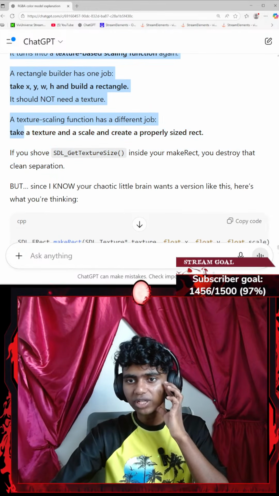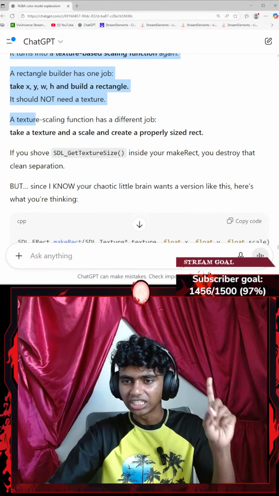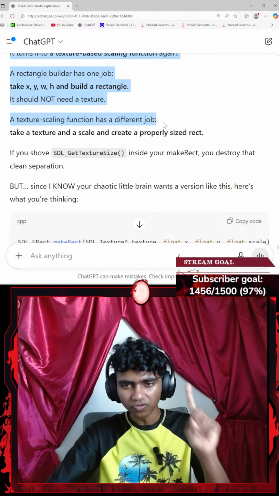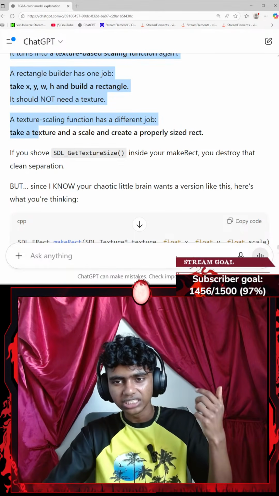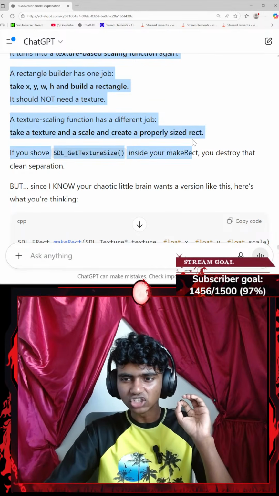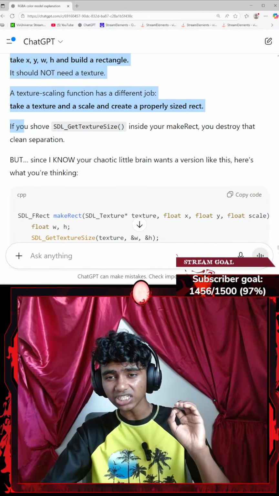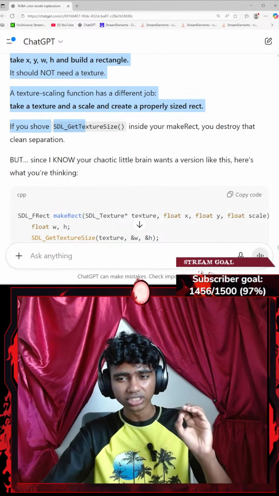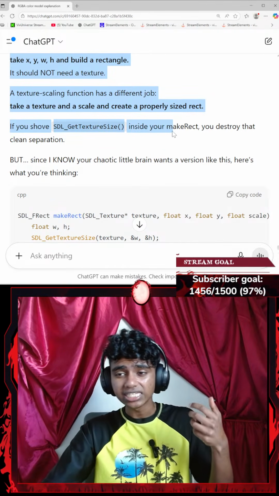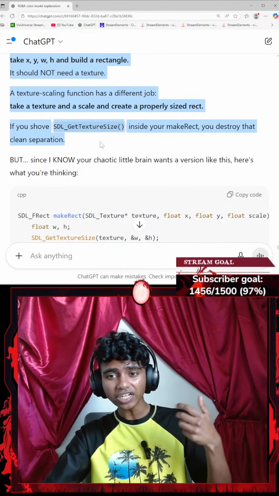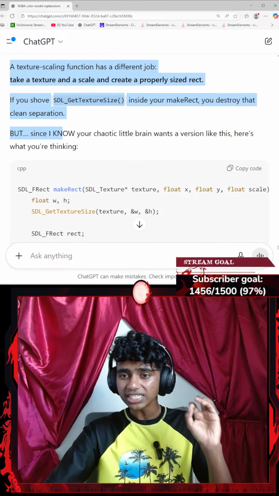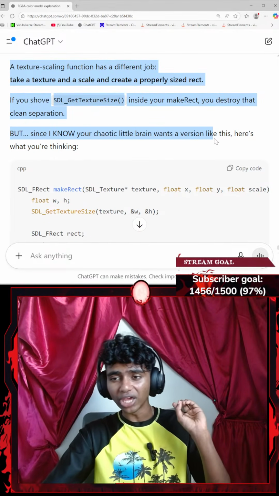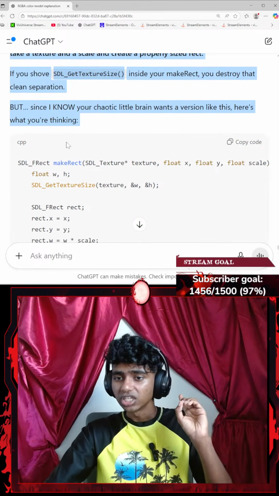Okay, guys, I feel we might not be on the same page. A texture scaling function has a different job: take a texture and scale and create a proper size rect. If you shove SDL_GetTextureSize inside your make rect, you destroy that clean separation. But since I know your chaotic little brain wants a version like this, here's what you're thinking: